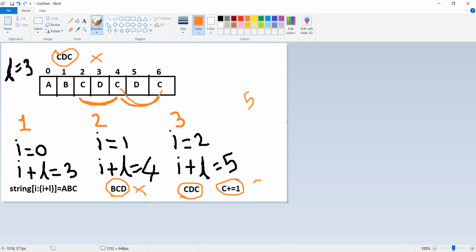So it will again increment C by 1. So the value of C is 2 now, which means CDC is present 2 times in this string. CDC, CDC. So the output should be 2.